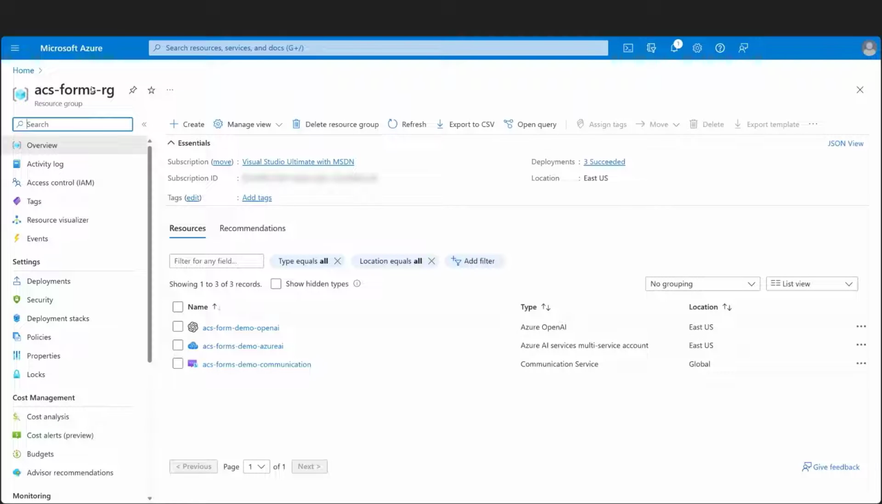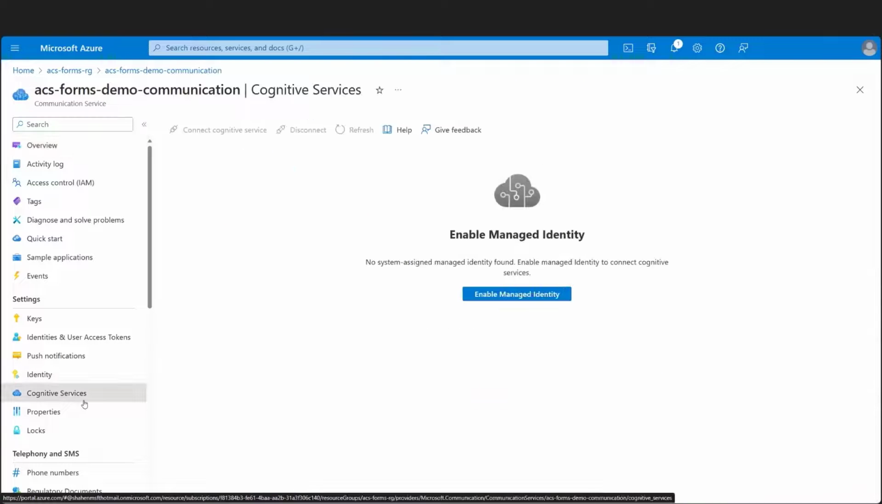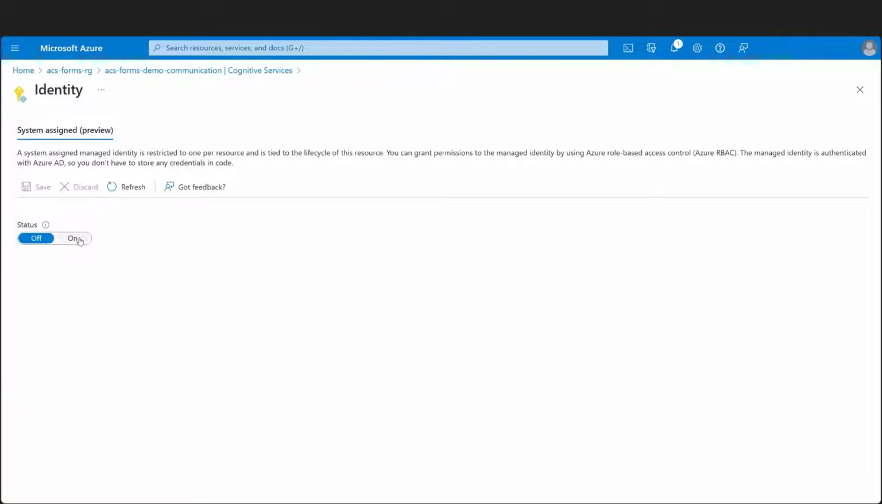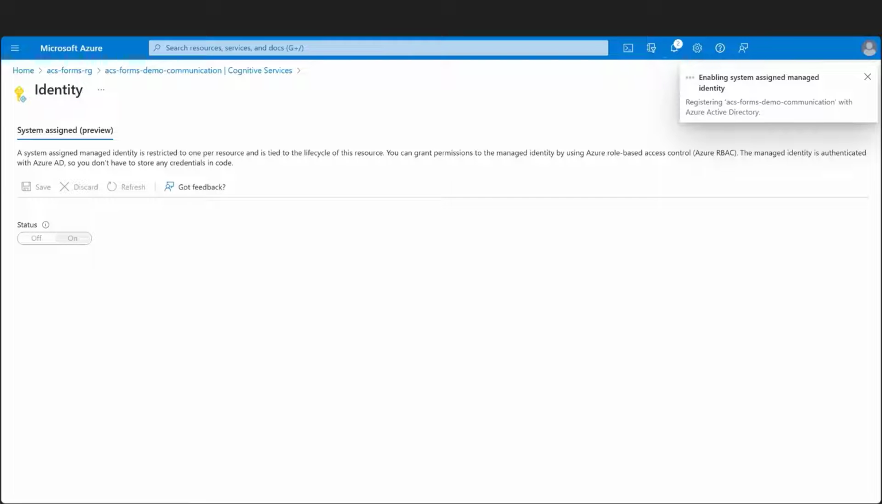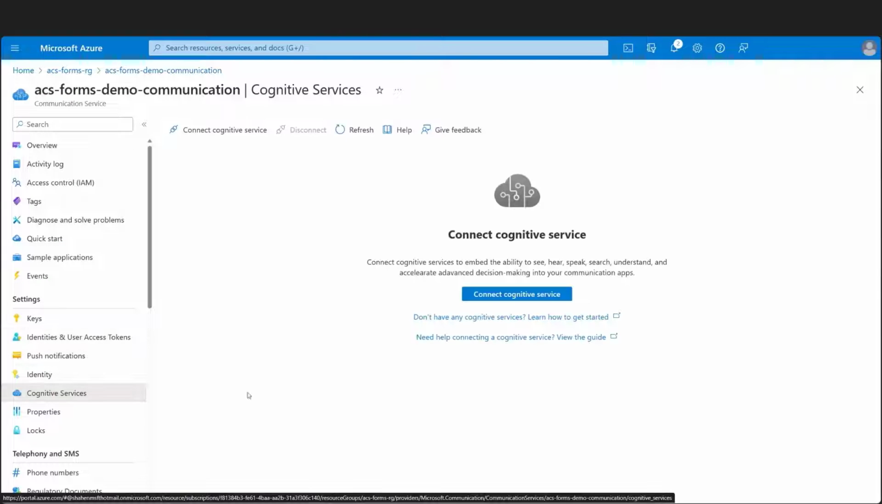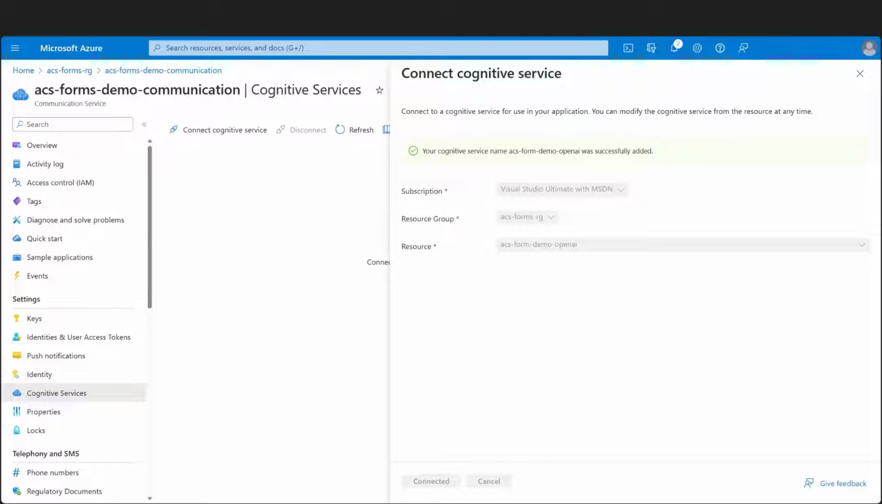So the first thing that we'll do is we'll go back to our Azure Communication resource and we'll connect it to the Azure AI resource. So clicking on Azure Communication Services, we can see on the list over here on the left where it says Cognitive Services. And we'll click on that to do the connection. In this case, I haven't yet enabled managed identity on my service, so I'll go and do that. And this will then enable the ability for us to connect those 2 services in the back end and share credentials with each other. Going back into Cognitive Services, it's now pre-selected the resource that's in the same resource group as me, and I can just click connect. And just like that, Azure Communication Services and Azure AI Services are connected, and I can call one from the